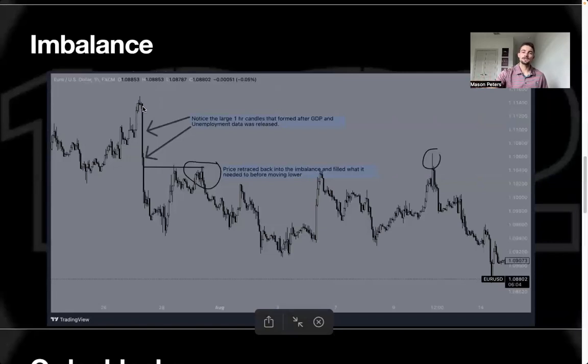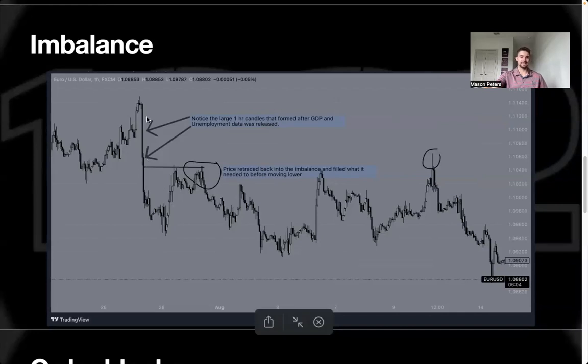Notice here on the 1 hour time frame that we have two very large imbalances. It says that it formed from GDP and unemployment data. So gross domestic product and then unemployment data, which are two pretty big data releases for the economy. And notice that price dipped down, and within the next two sessions, it already retraced to fill the lower imbalance. It did end up going a little bit higher than the first two wicks here, but other than that, it